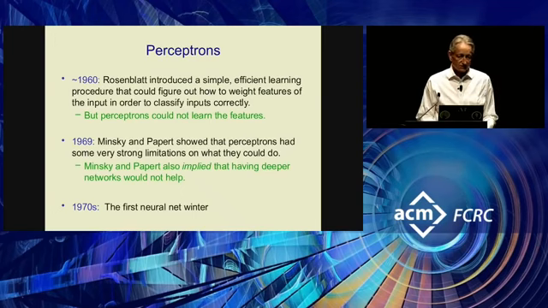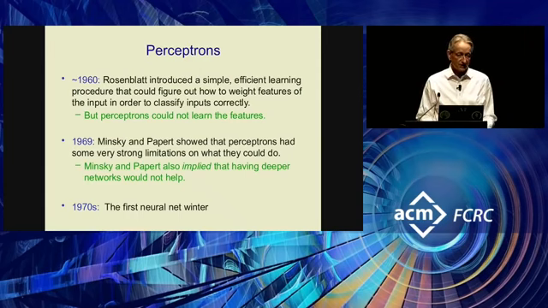In the 1960s, Rosenblatt introduced a fairly simple and efficient learning procedure, much more efficient than random trial and error, that could figure out how to learn the weights on features in which you extract features from the image, and then you combine the features using weights to make a decision. And he managed to show you can do some things like that, some moderately impressive things. But in perceptrons, you don't learn the features. That, again, is a simplification. Rosenblatt had all sorts of ideas about how you would learn the features, but he didn't invent backpropagation.